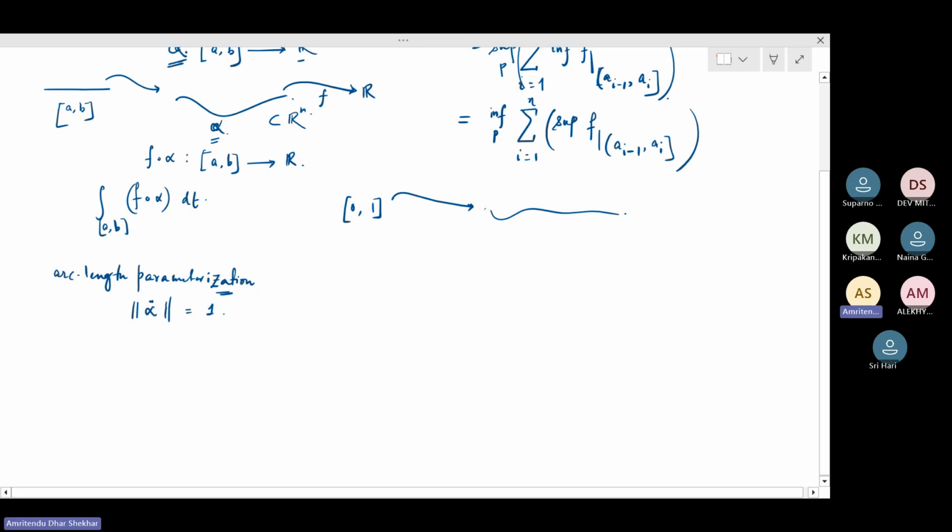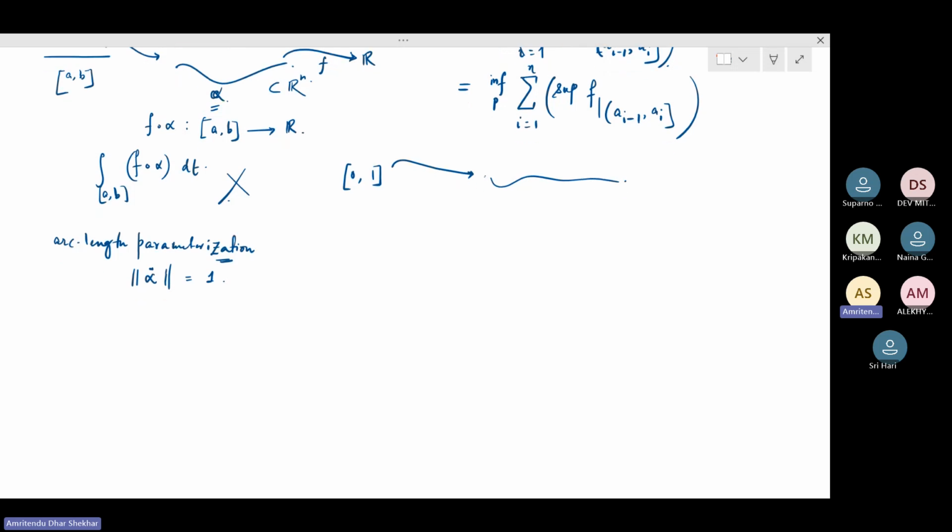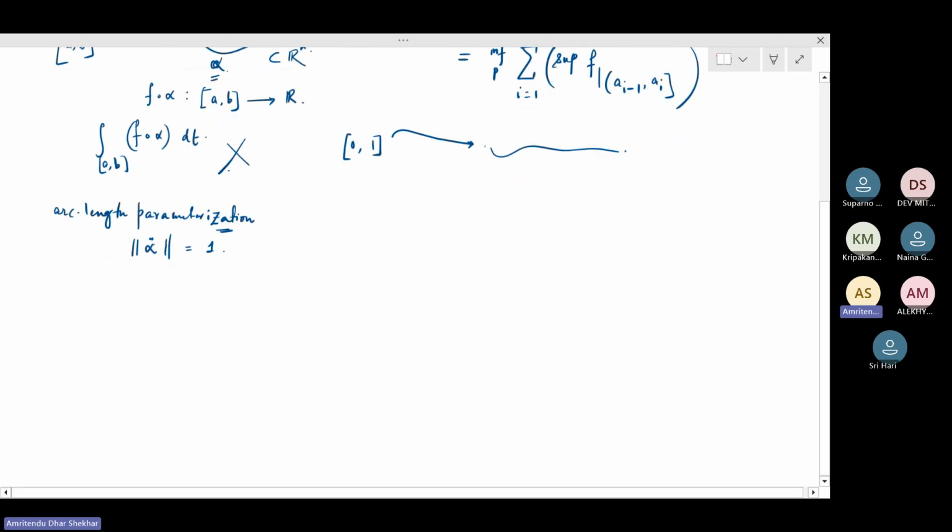Okay. Now, of course, the question is, if I think of the curve as a set that is in Rn, then the value of the integral should be independent of the choice of the parameterization, right? And therefore, this is not a correct notion of integral, because this is dependent on how you parameterize that set S. So you should think of the set S over here as just a curve which is sitting in Rn, but your integral should be independent of how you parameterize the curve.